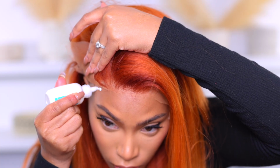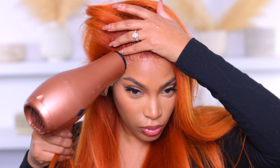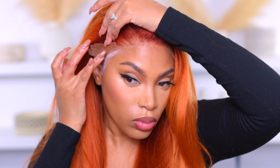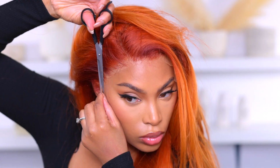This is a transparent lace and not HD, so I think the blend was actually pretty good, and I had to go back in with the glue again. Like I said, I was kind of struggling with this wig because it was very small and a very tight fit on my head. The side was definitely the hardest part to stick down because it kept coming up again, because the wig was just a tad bit too